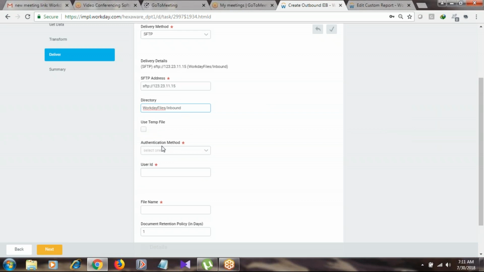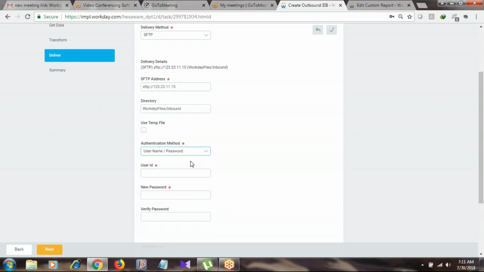They have to do this so that not just anybody can connect to their server and place files. Again, it's secure. A vendor has to provide authentication methods to connect, either user ID and password. There are different methods here: authentication method, dual authentication, SSH authentication by username and password. Usually we connect with username and password here.